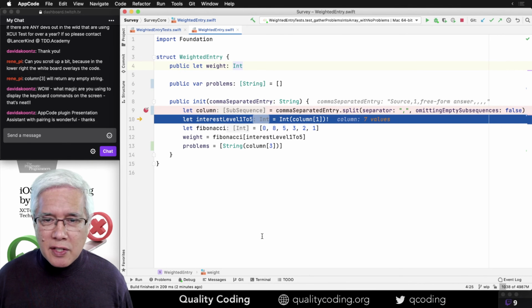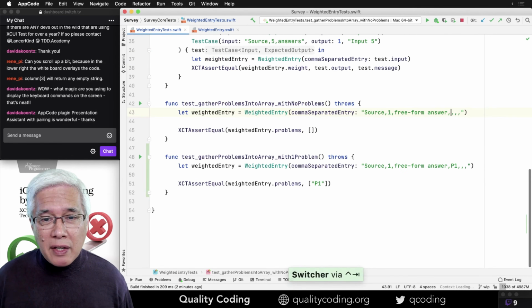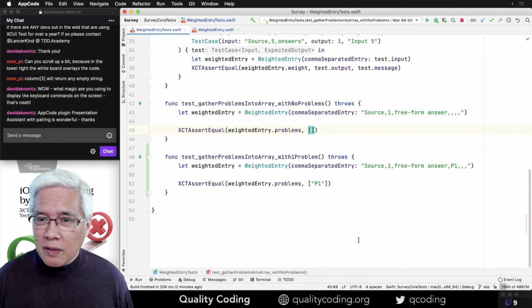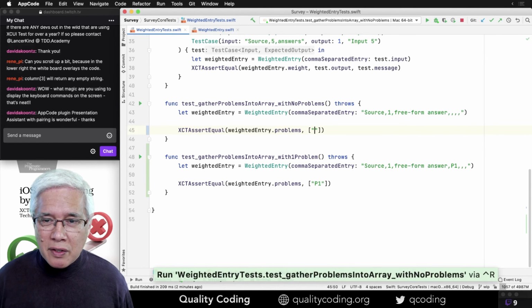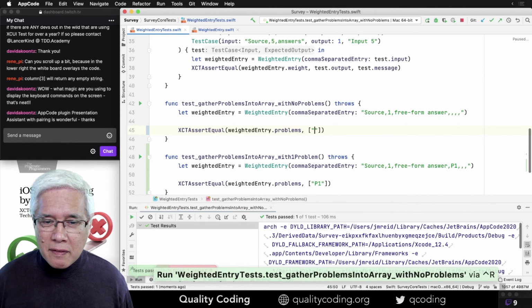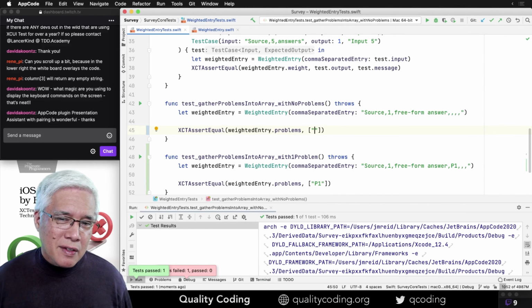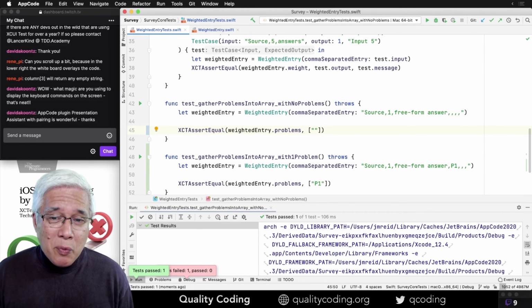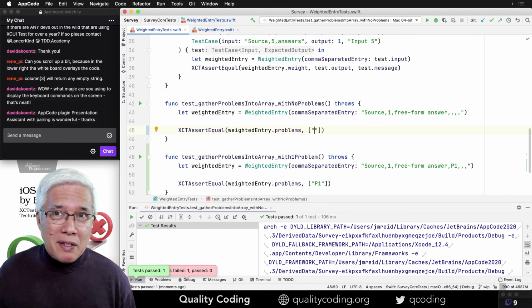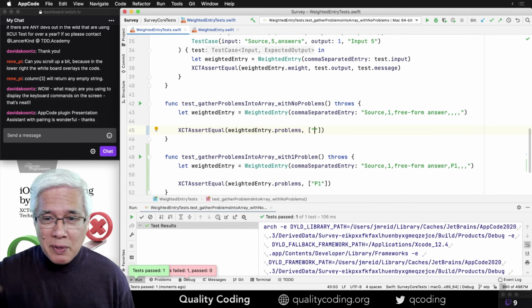So I'm violating my test because... Here, let's just see it pass. This is not what I want. Yeah, okay. So I don't really want empty strings. I want them to be thrown out. I want them to be filtered out.